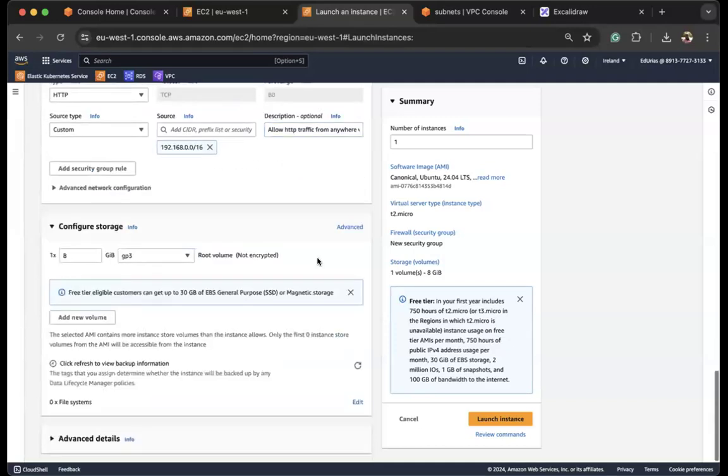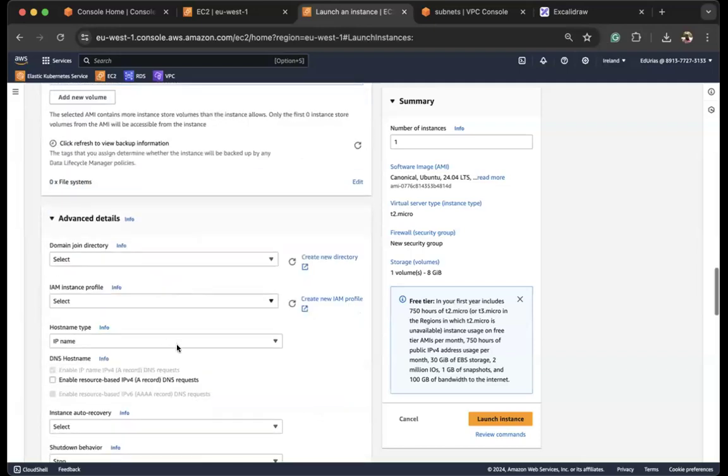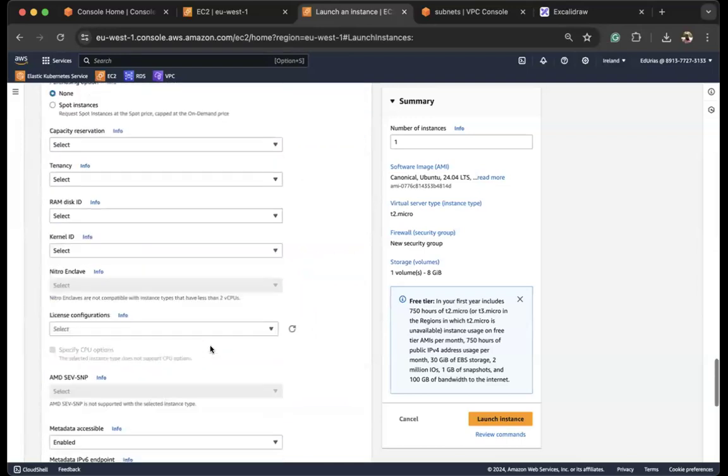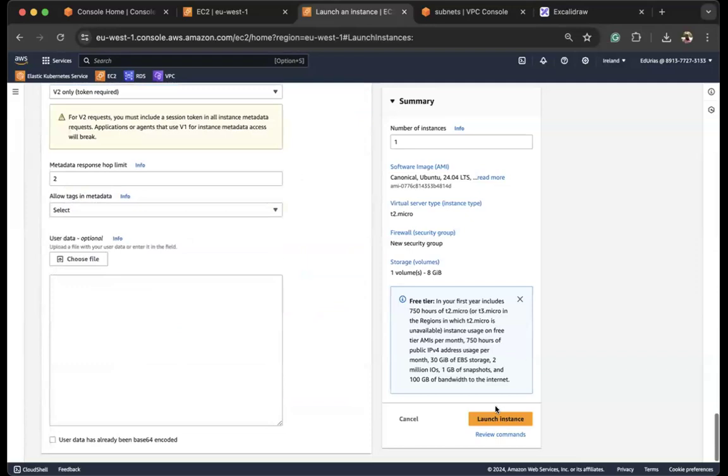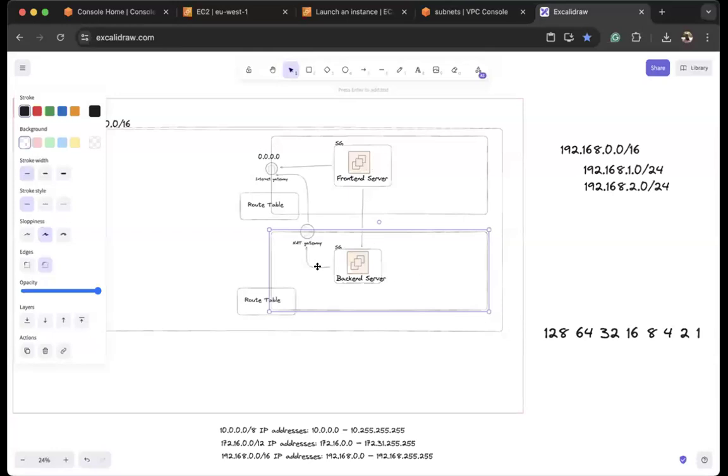And I'm going to launch this instance, right? So what we've done, we've created this front-end server, created this backend server in these two separate subnets, okay? We also have a route table that has been created for them. So now we're going to